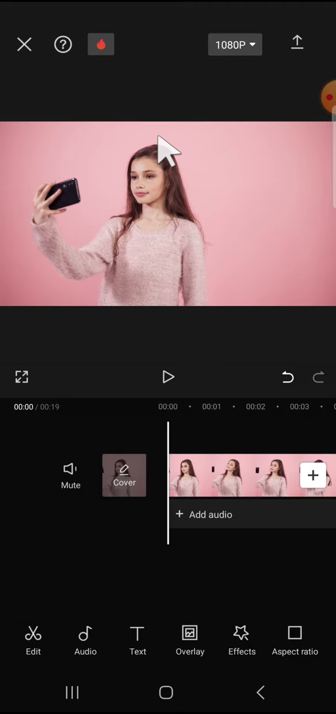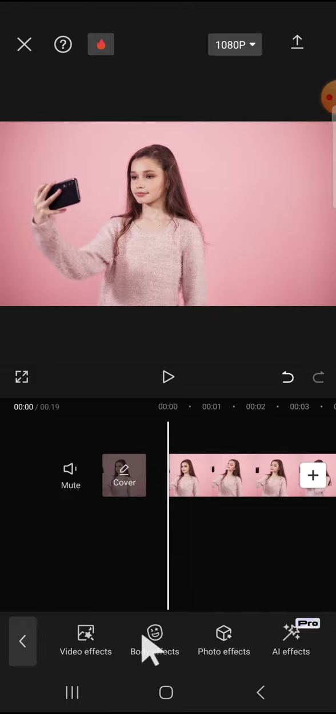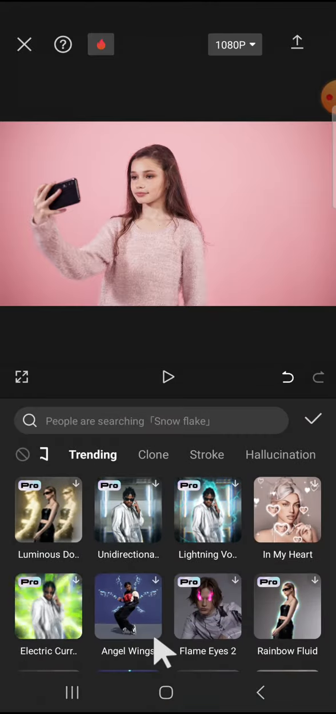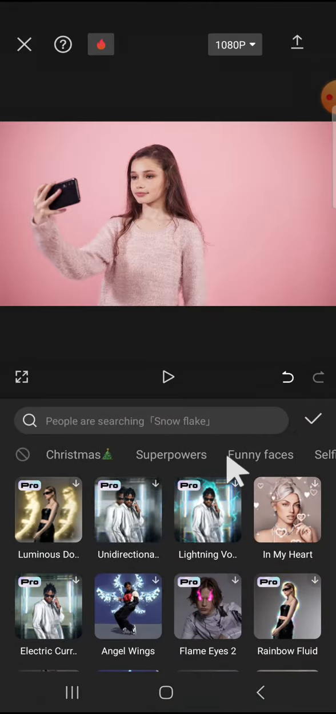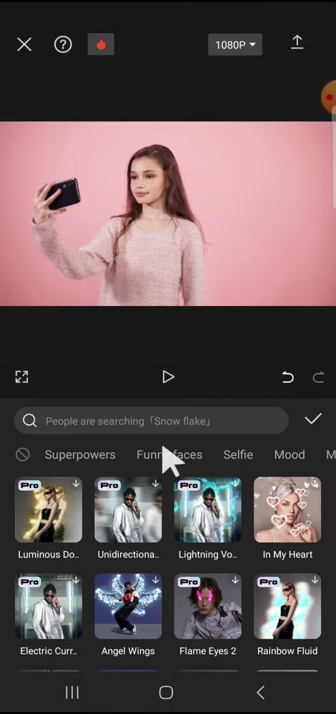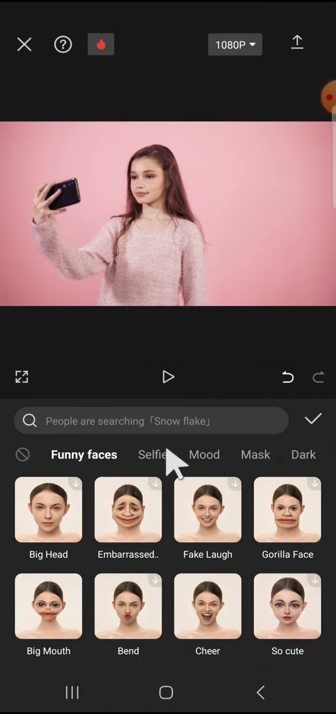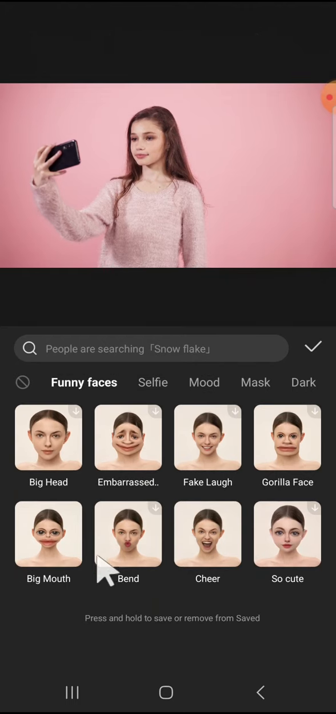Okay, here I have created a project in my CapCut application, and for example, we're going to add big mouth effect to this video. So first of all, we can tap on the effect option and select body effect, and on this body effect, we have to choose the funny faces category. This one, tap on the funny faces and click on big mouth to add the big mouth effect to our